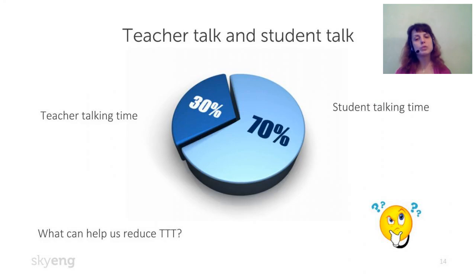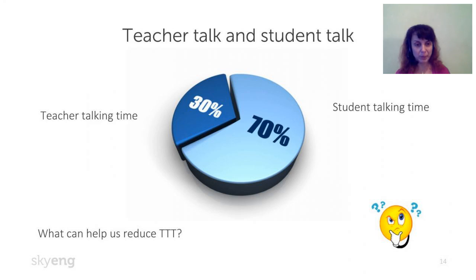So if you switch to student-centered lessons, it's important to keep a good ratio of talking time. You should talk no more than 30%. Your students, logically, get 70% of the time to talk. What can help us reduce our talking time? Because, well, why are we doing it? Because we can speak English. We don't need a lot of practice. Our students cannot, and they should learn. However simple it sounds, people can learn speaking only by speaking. So we should give them this opportunity.